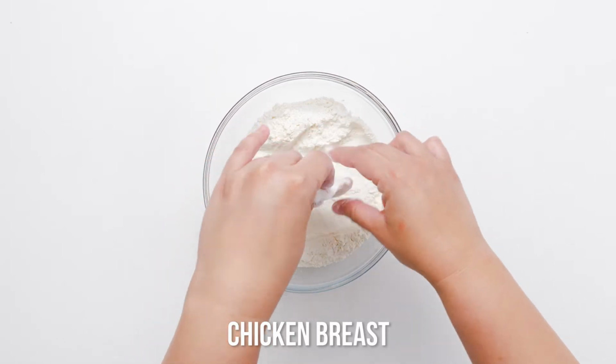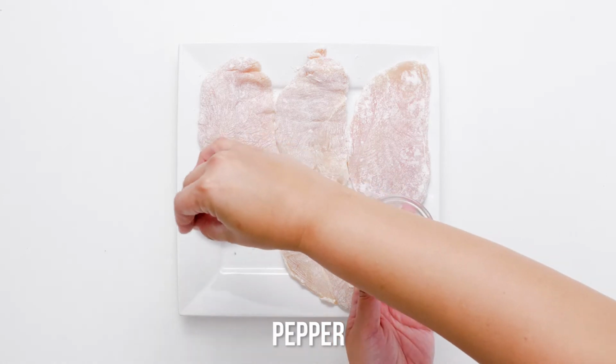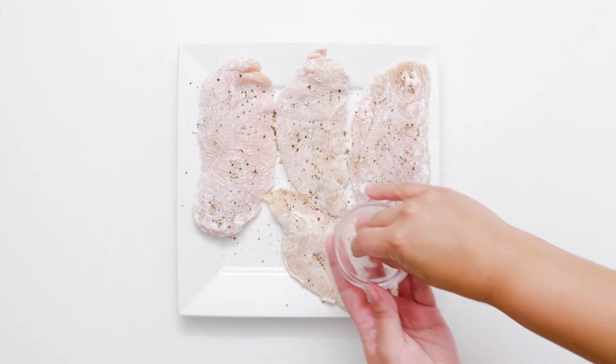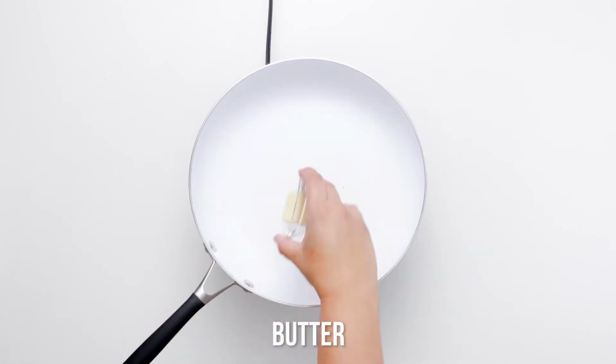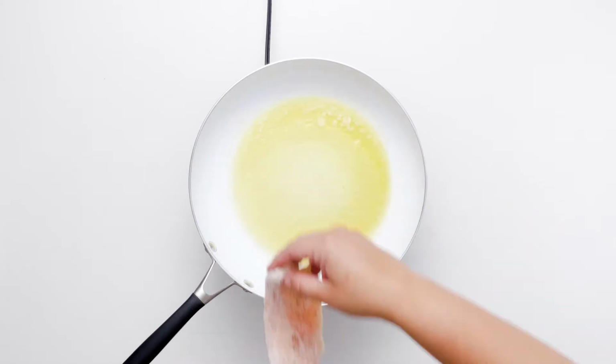Looking for a simple yet impressive chicken dish that you can whip up for your family or proudly serve as a dinner party entree? This chicken piccata recipe is just what you need. Lemony pan-fried chicken breasts with a mouth-watering butter sauce. Let's get cooking. Heat the butter and oil in a large skillet, swirling the pan occasionally until the butter is